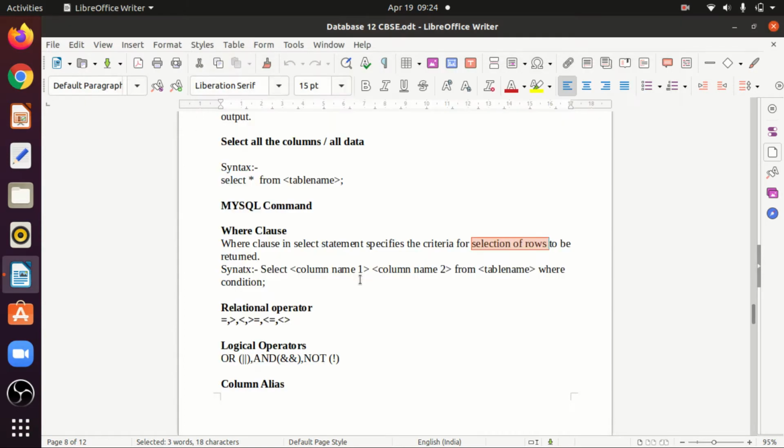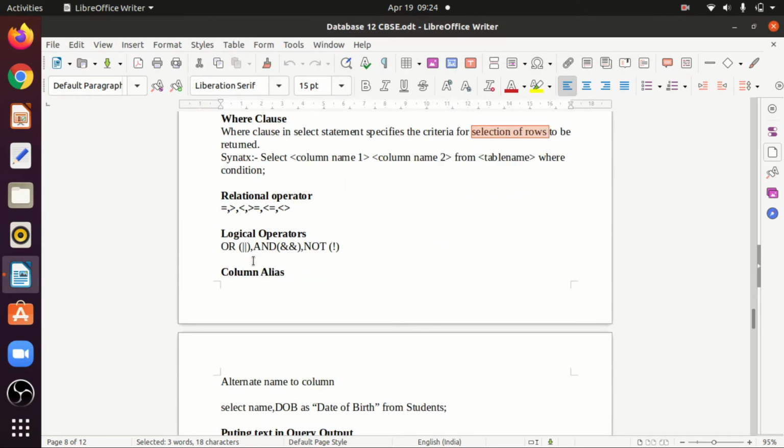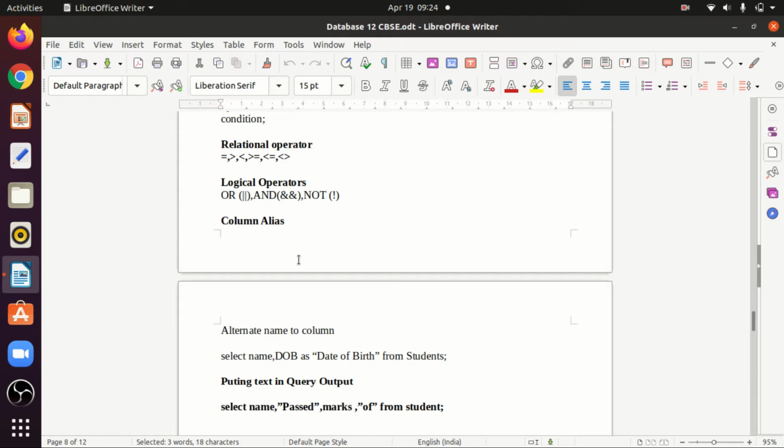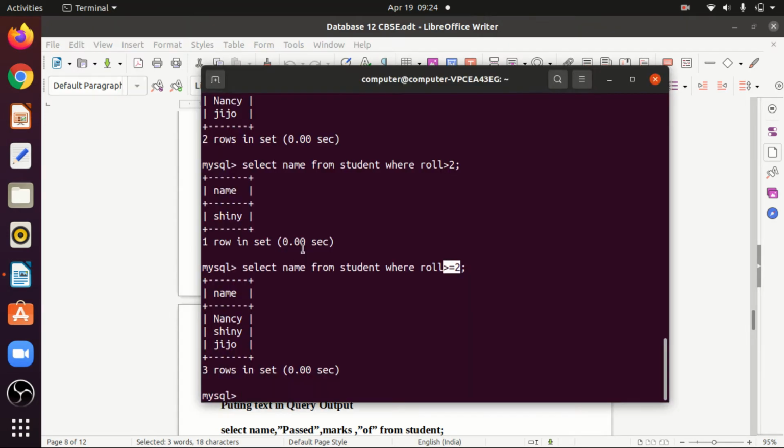Logical operators also, I can use some logical operators. For example, I will select roll number whose roll number is 3 and whose name is Shiny.